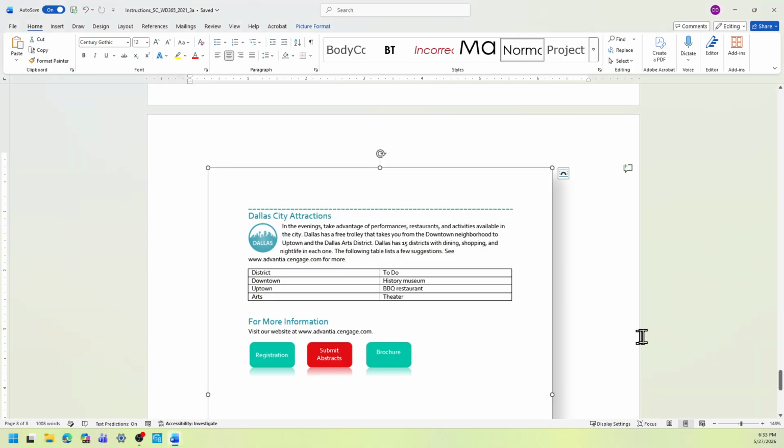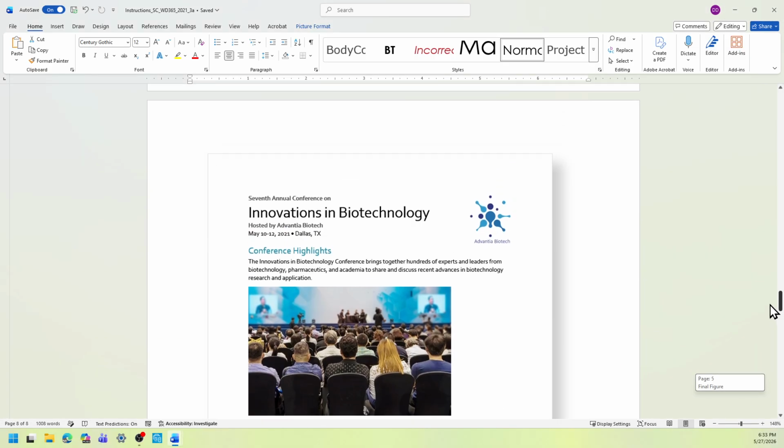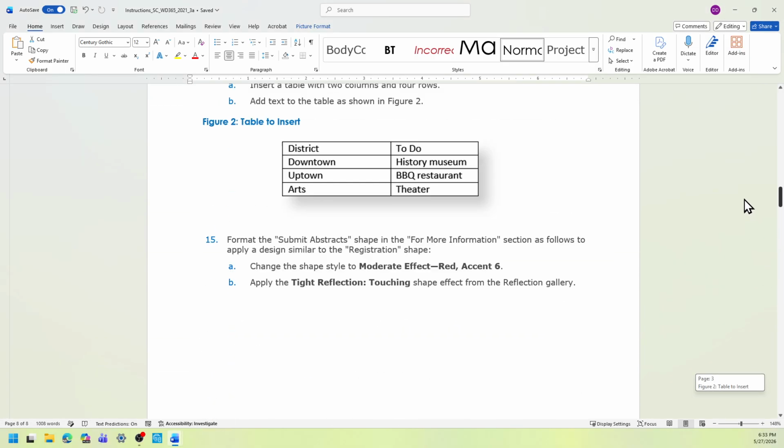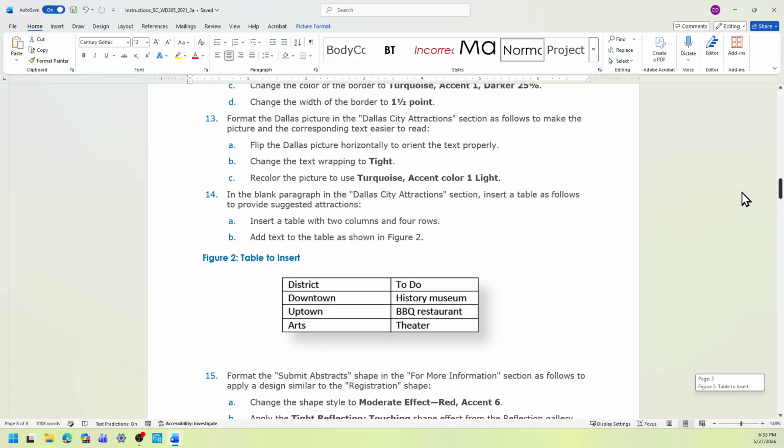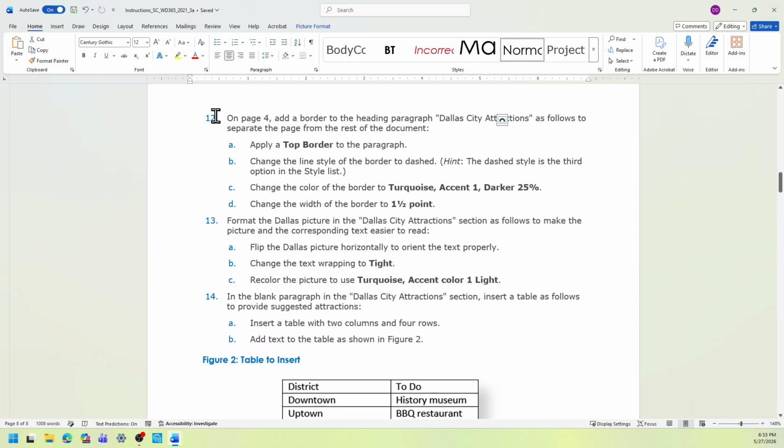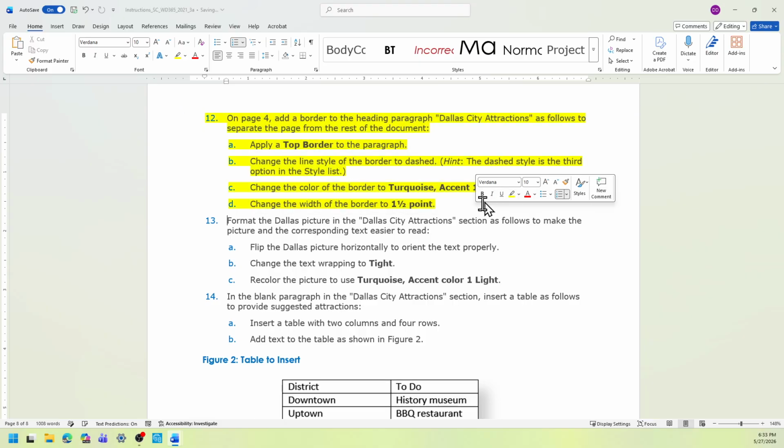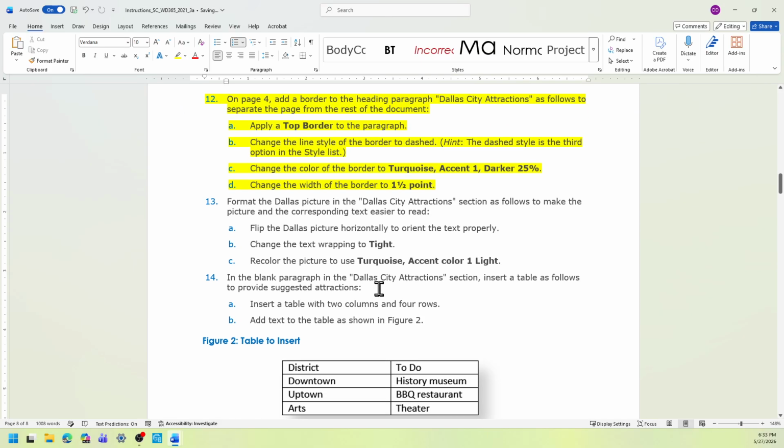Instruction here. Okay, up above, we're going to see what's the next step. We actually did step 12. So step 13 is going to format the Dallas picture in the Dallas City Attraction section. Going to flip the Dallas picture horizontally to orient the text properly for 13A. 13B is change the text wrapping to tight.